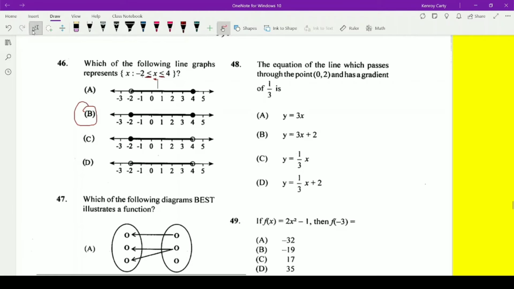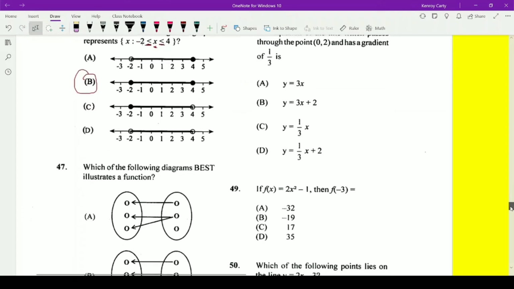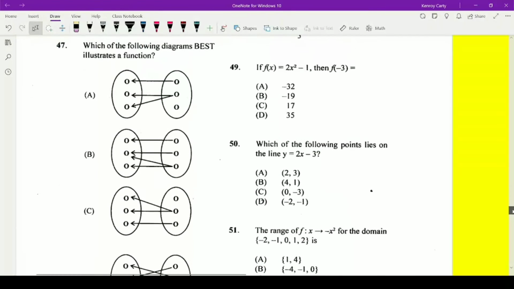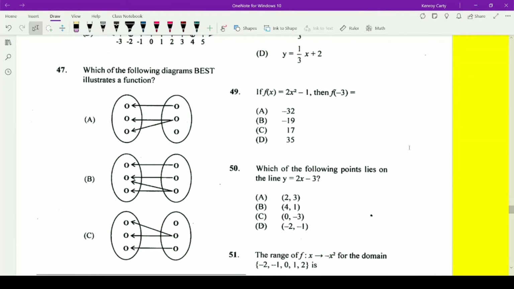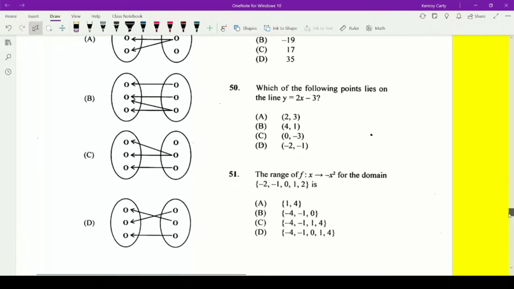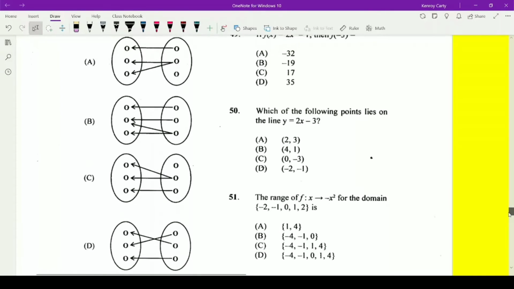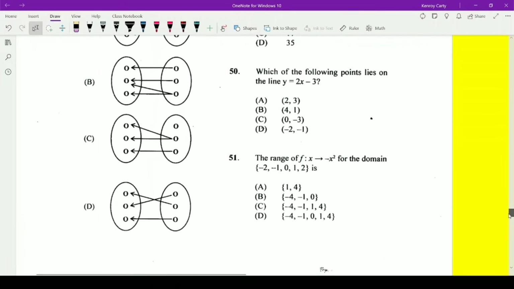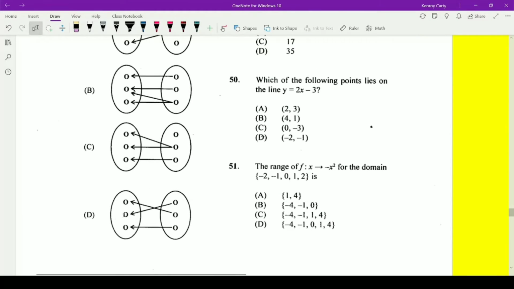Alright, let's go. Question 47. Alright, which of the following diagram best illustrates a function? A function, of course, is a one-to-one or many-to-one mapping. Alright, so I first look if I see any one-to-one. One-to-one means that one option of the domain maps onto one option of the codomain. And of course, look at where the arrows are going. If you see the arrows here, notice it's going from the right to the left,